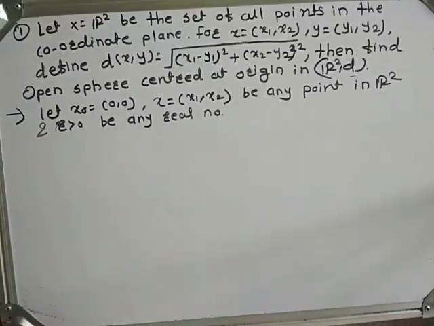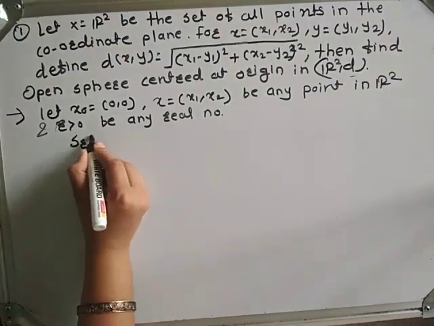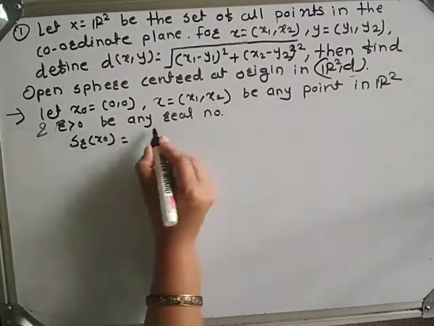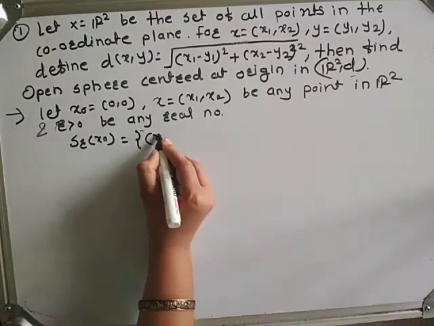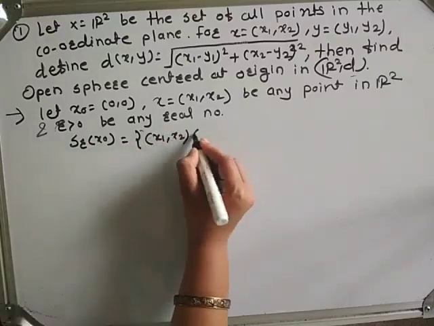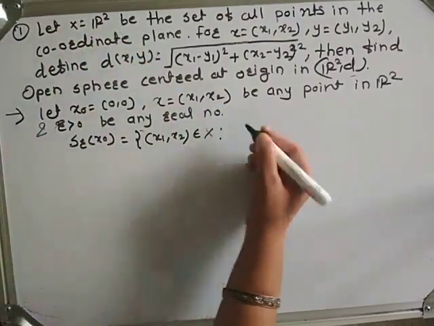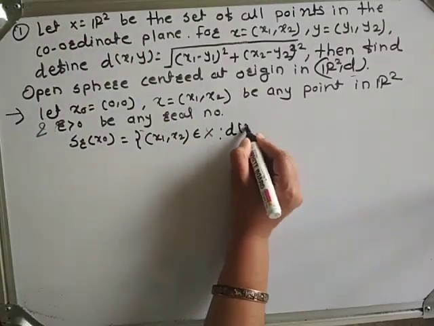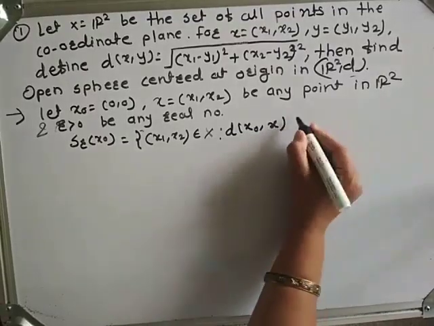We have to find the open sphere centered at the origin, that is S_r(x0) = the set of all (x1, x2) belonging to X, here X is R2, such that the distance between x0 and x